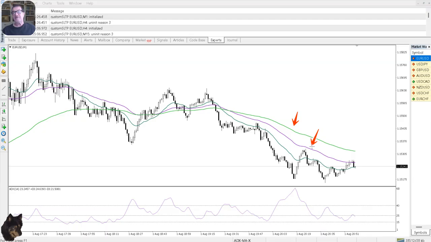We added the 50 and the 20 EMA combined with the signals to determine whether we have a buy or sell position based on the relationship of the EMAs to one another, as well as the relationship of price towards the 20 EMA. Finally, we added an ADX with several zones to establish the strength of the trend